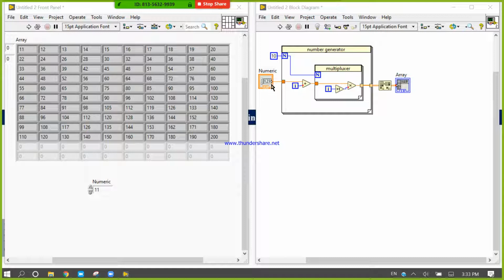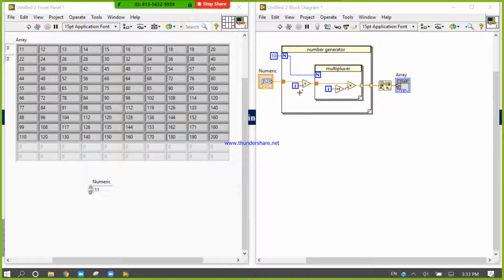It will go inside, and for the first run 5 plus 0 gives 5, so 5 will go inside. For the second loop it will generate 1, 5 plus 1 is 6, it will go inside. For the third time 5 plus 2, then 5 plus 3, 5 plus 4, and so on, 10 times.